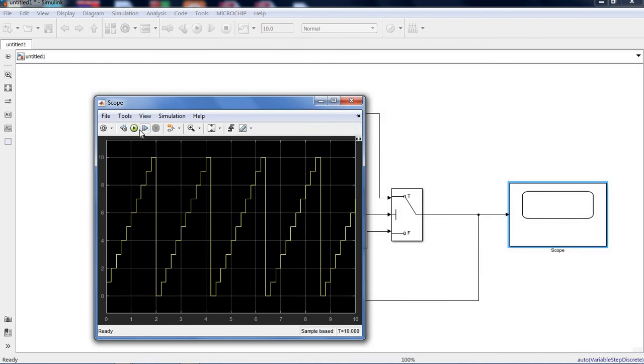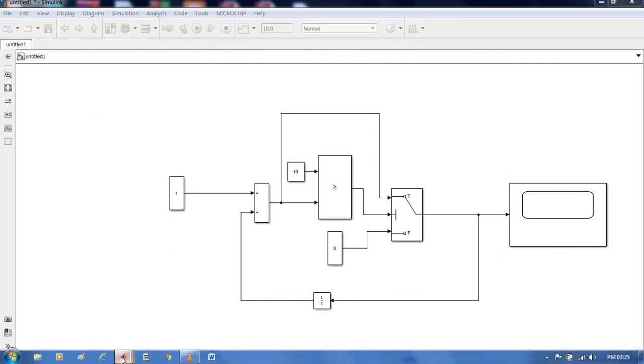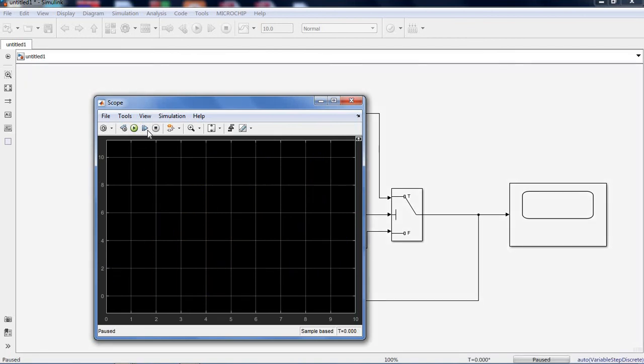We'll see once again. See here, 1, 3, 4, 5, 6, 7, 8, 9, 10. Now it has reached 10.